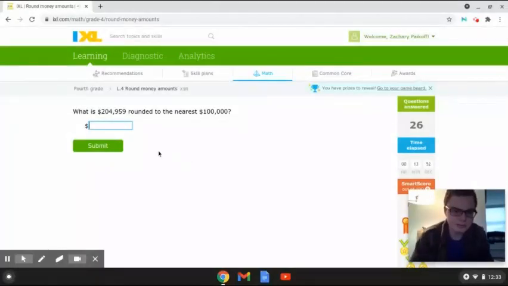Alrighty, so this last problem reads, what is $204,959 rounded to the nearest $100,000? Okay, so in this problem we are given $204,959, and if we look, the number 2 is the key digit that we're going to be looking at, and that's the number that we're going to be rounding to. So if we look to the right of the number 2, we have the number 0, and the number 0 is less than 5, so that tells me that this number is going to round down, and it will become